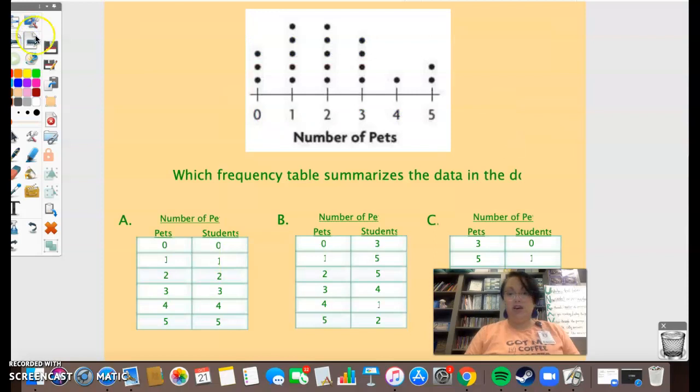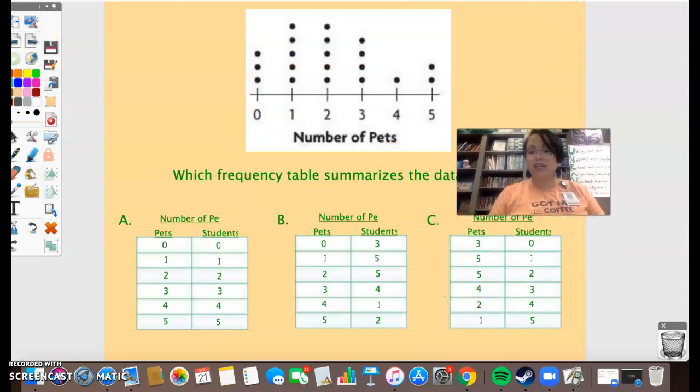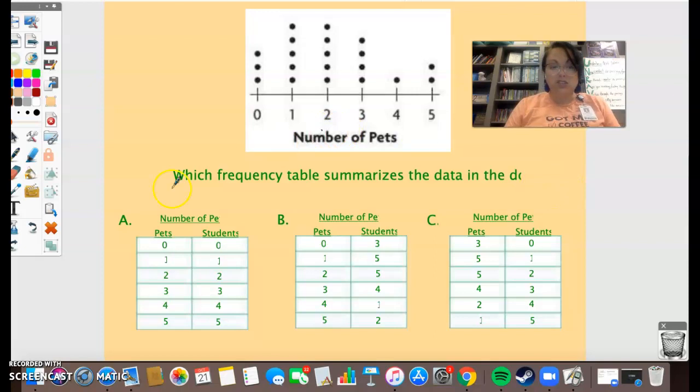Okay. All right, and we have 20 seconds. Let's see if we can do it. Which one matches? All right, 0, 0. Well, that's not right, so it can't be that. 0 pets, 3 students. 1, 5, 2, 5, 3, 4, 1, and 2. I think it's this one, but let's check. Oh my goodness, look, they have the numbers all out of order. I can already tell you that's wrong. They would